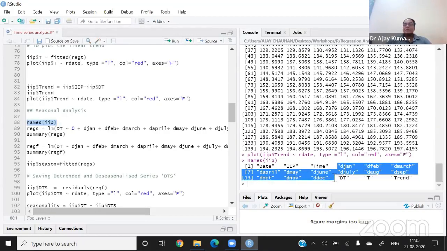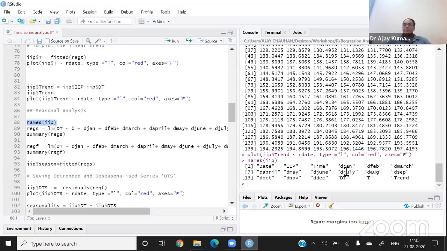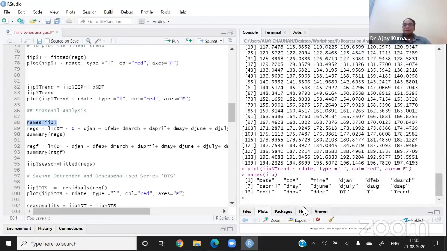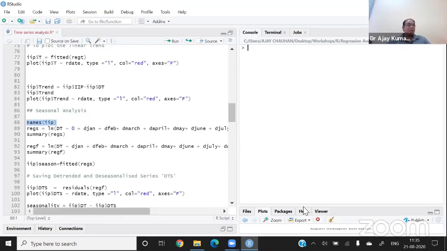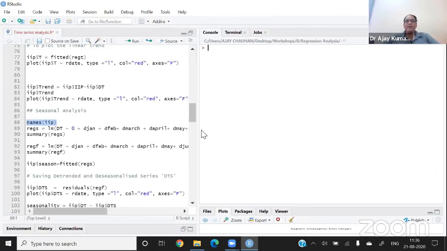we have the 12 series, and this is DT, meaning the de-trended series, T means the trend. Now you may be thinking how I am using the dummy variables. So I am just showing you the concept of dummy variables, how it is used in seasonality in time series. Yesterday I also indicated the use of dummy variables in the model. I start from a very basic thing, how we can use the dummy variables. I hope you will understand the concept of dummy variables after this.